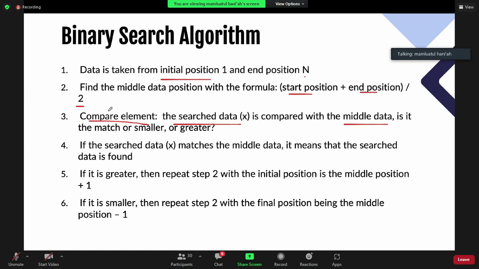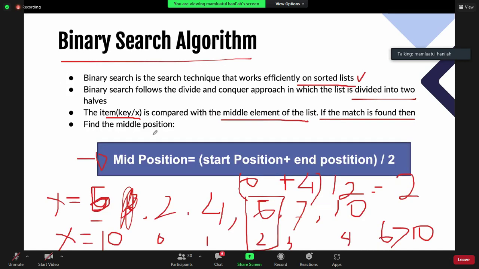If it's greater, then repeat step 2 with the initial position as the middle position plus 1. So your initial position becomes 3, your end position is just the same. But if you search with x is 4, so your key is less than your middle position, so you can set your end position to middle minus 1.